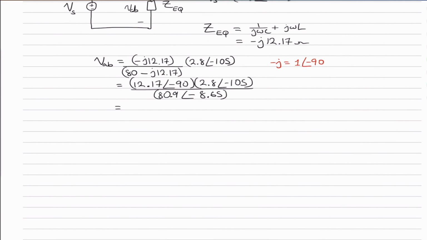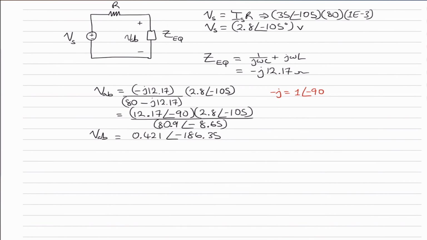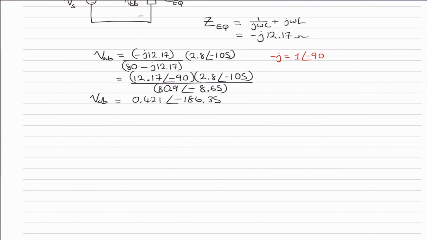That simplifies to 0.421 with an angle of negative 186.35. So in the phasor domain, our voltage is equal to 0.421 with an angle of negative 186.35. So in the time domain, that is going to equal